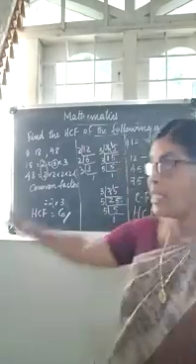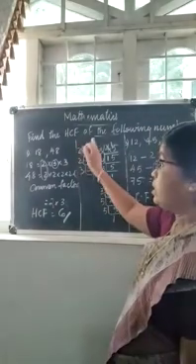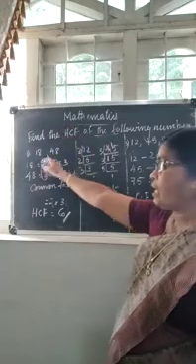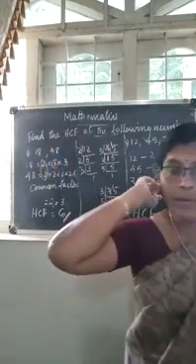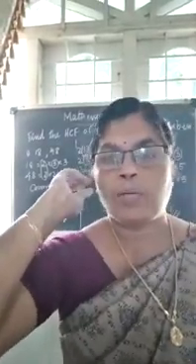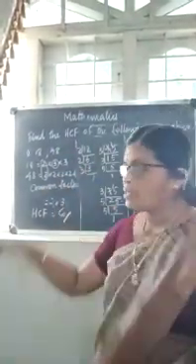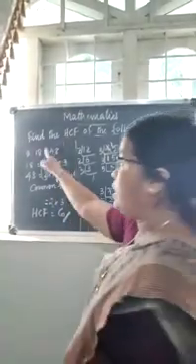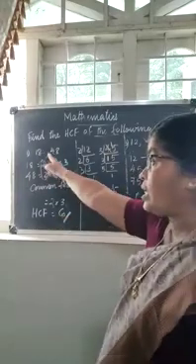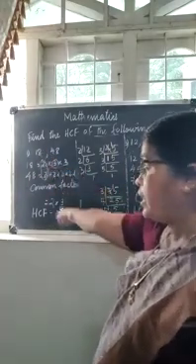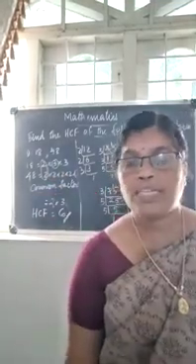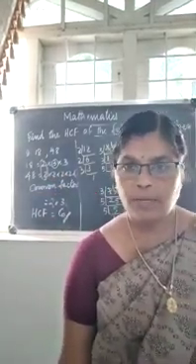And what were the two numbers given here? Here you see 18 and 48. Which is the highest number by which we can divide 18 and 48? Which is the highest number? 6. By 6 we can divide 18 and 48. 6 3s are 18. Here 48: 6 into which number is 48? 6 8s are 48. Okay.